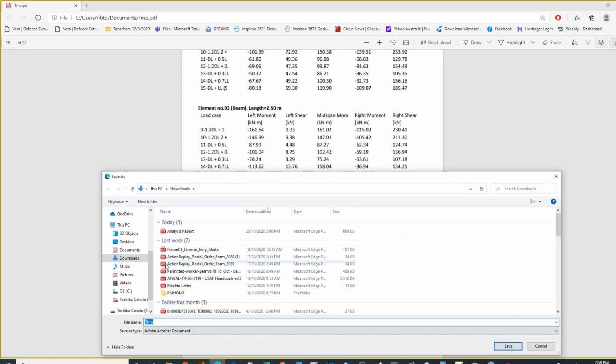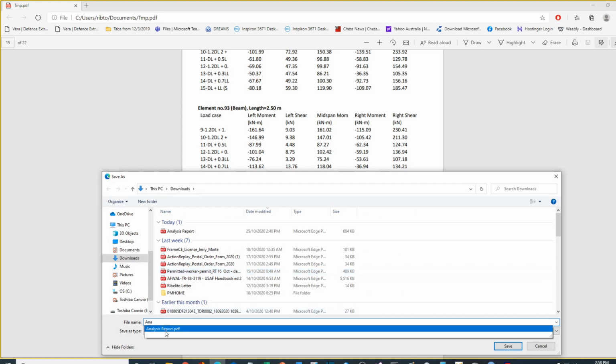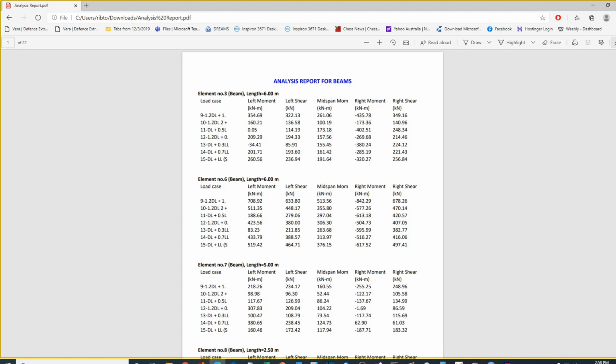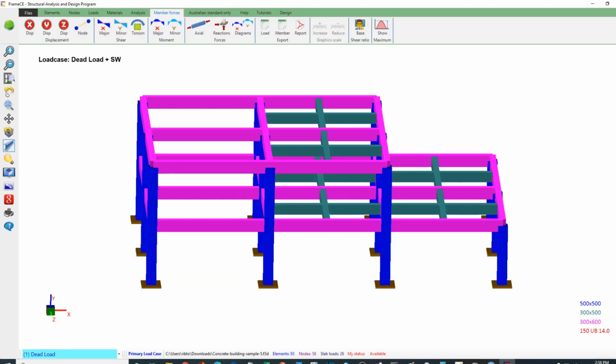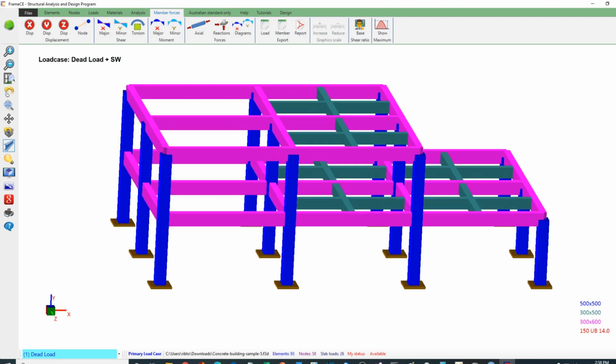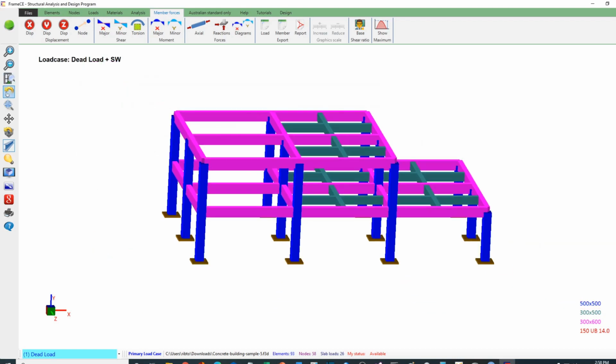I will save this as my analysis report. And then close. The next thing I will do is to go to the design. Now,